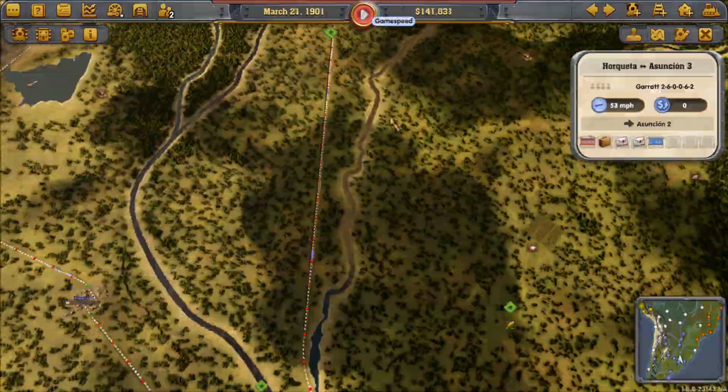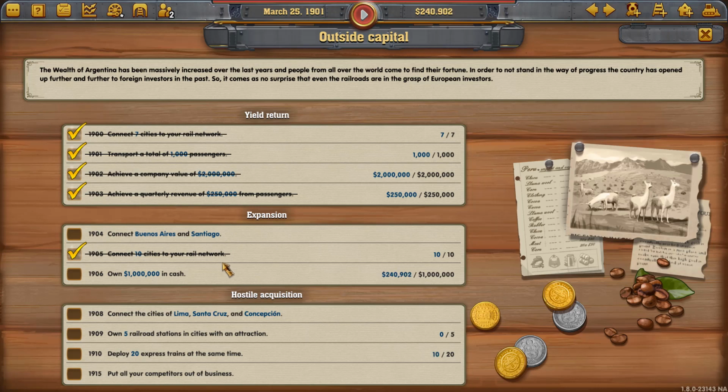And you'll see we're starting to do double track now. So now we're getting really profitable lines with double track and lots of trains running and money just rolling in. And what we're going to do now is just accumulate, you can see there, until we have that 100,000 cash and we can connect Santiago. Then we get these new